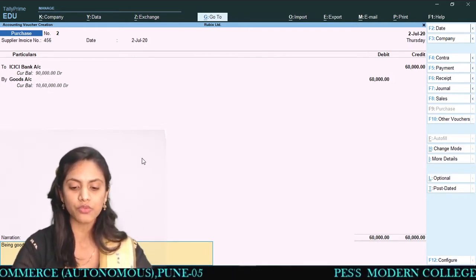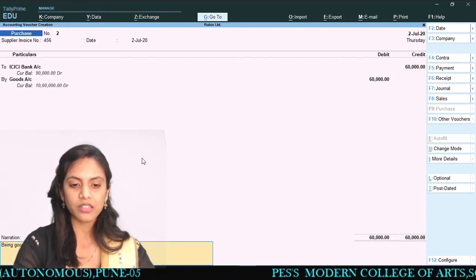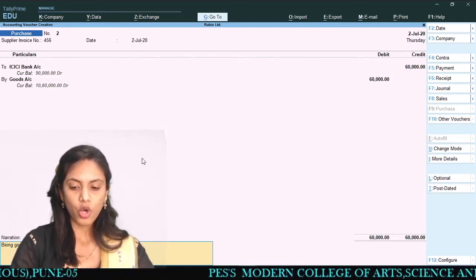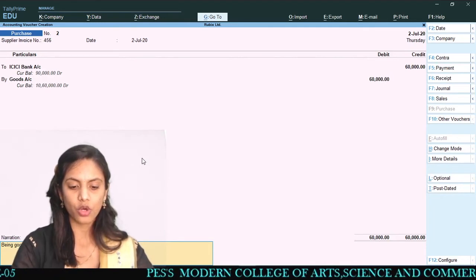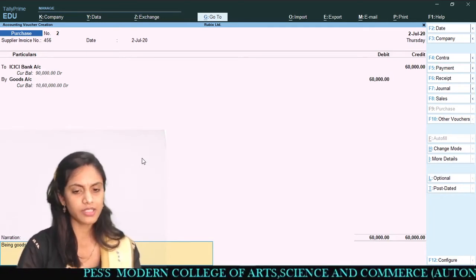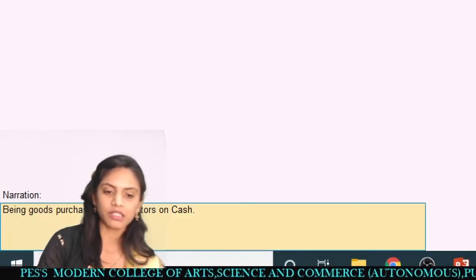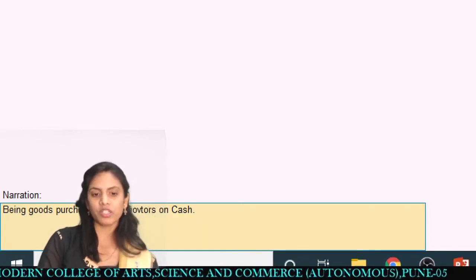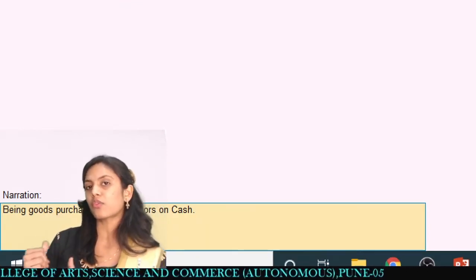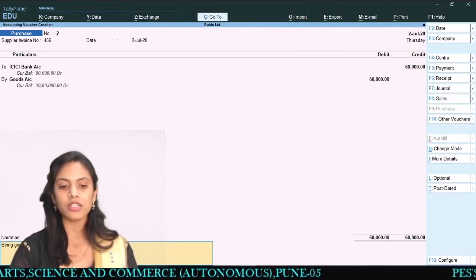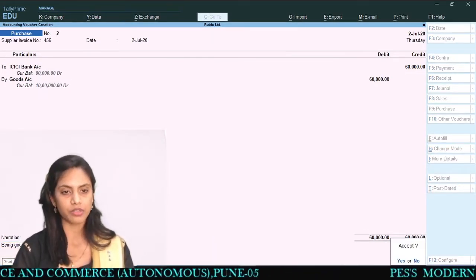So being goods purchased from innovators on cash basis, on cash. Likewise the narration you have to give over here, that is being goods purchased from innovators on cash. Now I just want to accept this, I will accept.